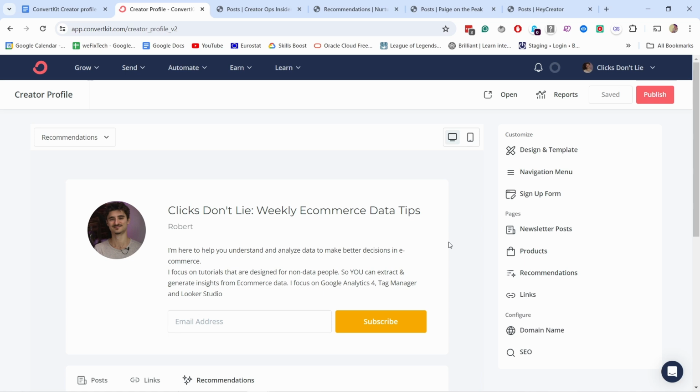It's super easy to use, and this is not to replace your website, but actually just have a place where you can send people to sign up for your newsletter. So it's a bit more generic than your normal landing page. If you're just starting out, you can use the creator profile as a quick newsletter sign-up page, or you can make it into a mini link hub with your newsletter and a few links to other social